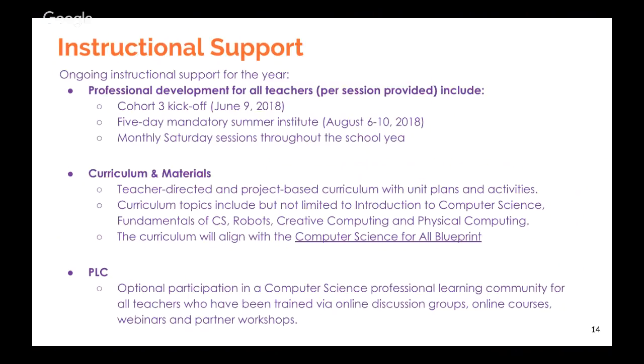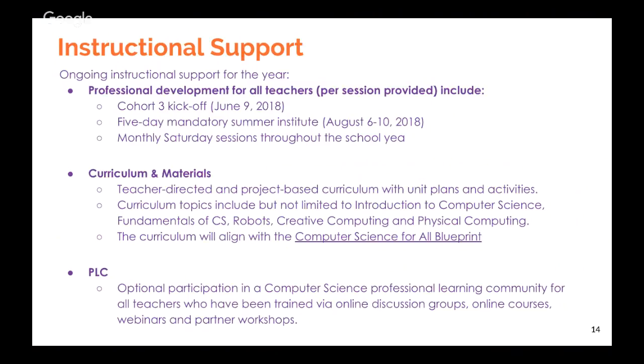preferably a technology teacher, just because of the support needed in monitoring and managing the equipment, but also they tend to see a larger group of students throughout the school year. The first day of PD will be June 9th, and that's really just a kickoff date.